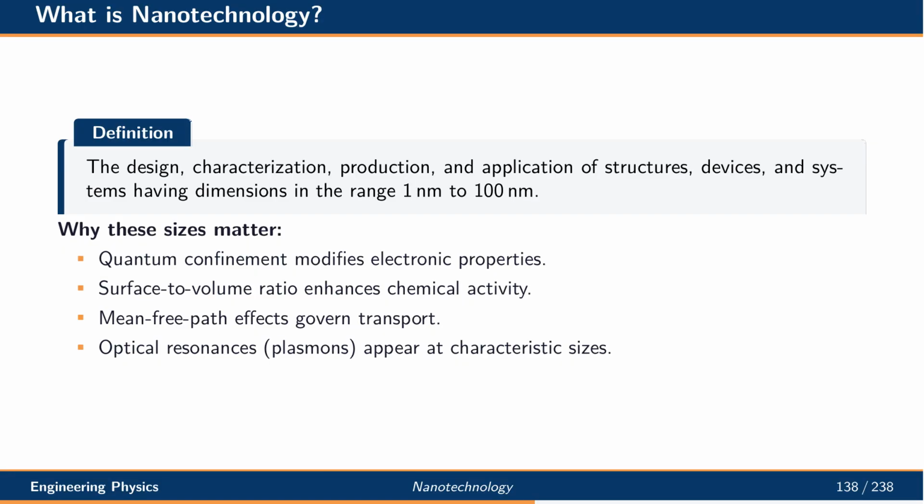Nanotechnology is the design, characterization, production, and application of structures, devices, and systems with dimensions between 1 and 100 nanometers. These sizes matter because several physical effects become dominant. Quantum confinement modifies electronic properties. The surface-to-volume ratio greatly enhances chemical activity. Mean free path effects govern transport. Optical resonances called plasmons appear at characteristic sizes, giving nanomaterials a